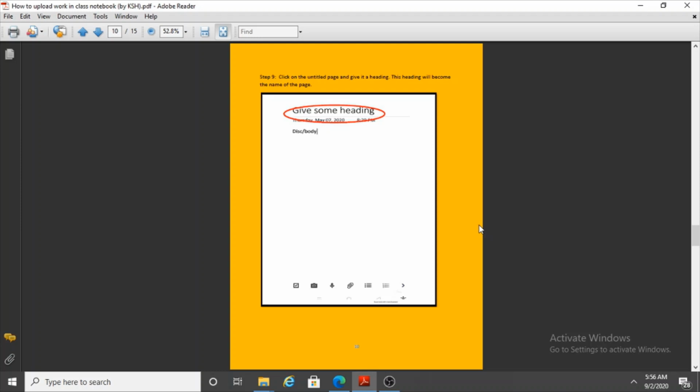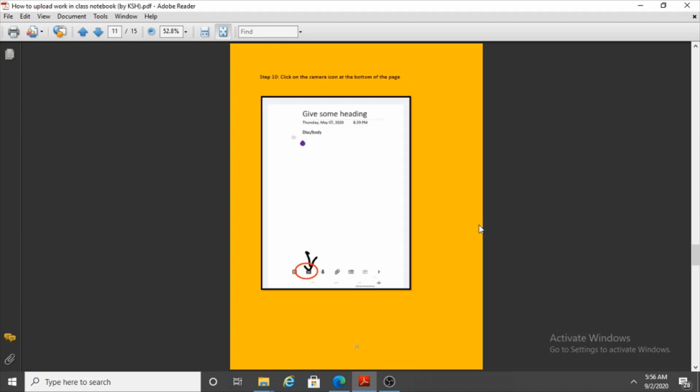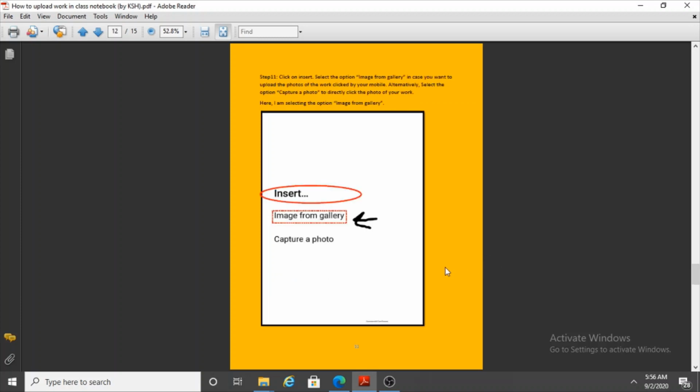Now once you're done with the naming of your page, you can click on the camera icon at the bottom of the page. Just click on that and it will show you 2 options. First is image from gallery and second is capture a photo.